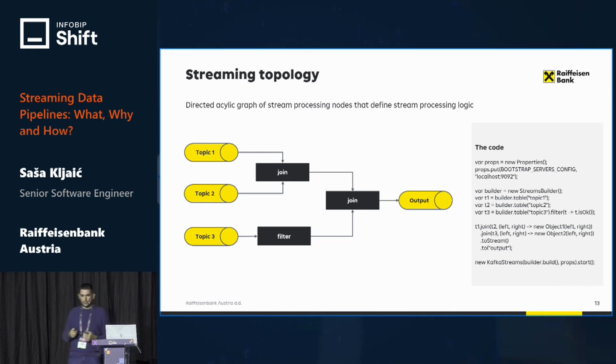Stream processing logic is represented as a streaming topology, and that's a directed acyclic graph of stream processing nodes. Here you can see a very basic topology where we have data coming from 3 input topics, and we combine this data and publish it to the output. On the right, you can see the whole Kafka Streams code that you need to write to build this streaming topology. I have kept this example pretty simple because of limited time and in order to be understandable to